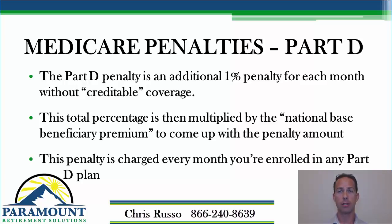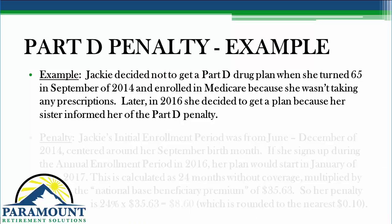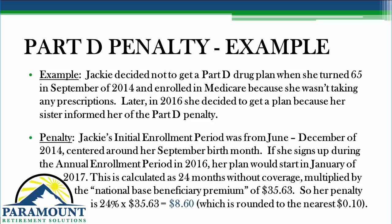So again, if we look at an example, let's just say someone didn't sign up for a Medicare drug plan at all and they're now 67 and they've gone 24 months without creditable coverage, and for whatever reason they decide to sign up for a Part D drug plan when they're 67. Now, since it's been 24 months without coverage, there's going to be a 24% penalty. But a 24% penalty on top of what? They multiply that percentage, in our example 24%, by the national average prescription plan premium. This year in 2017, that average premium is about $34 a month. So they're going to multiply $34 times 24%, and that amount will be tacked onto